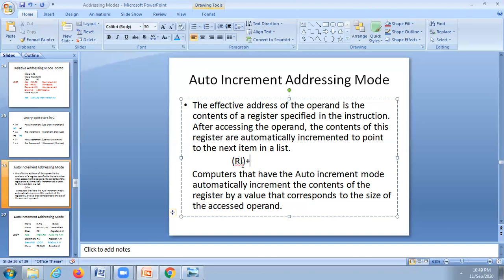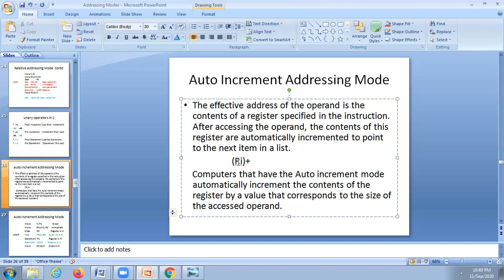How will it be incremented? Based on whatever the operand is, the increment will take place. Suppose each operand occupies 1 byte, so the increment will be 1 byte. Suppose the operand occupies 2 bytes.